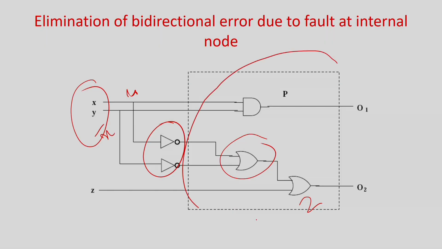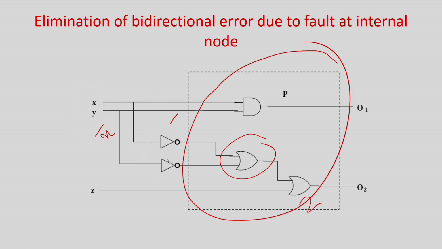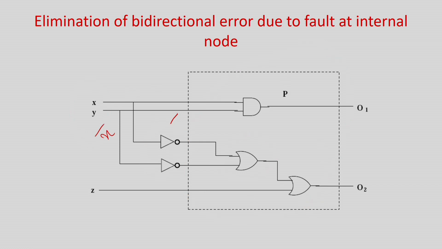So what they have tried to do is not put any inverters inside the circuit. All the inverters are pushed out by using De Morgan's law, but still inverters will be required for giving inputs. So there is some circuit, like this is X and this is X bar, which will generate X and X complement and give them to the inputs. I will not put any inverters; just for showing it, I have put some inverters over here, but you have to know that there is some device which will create X and Y, and also X bar and Y bar.